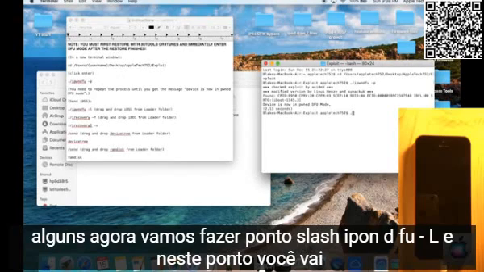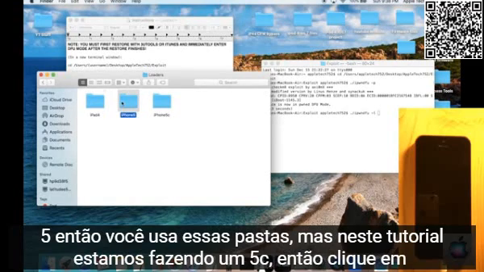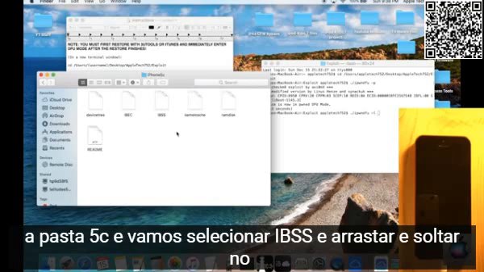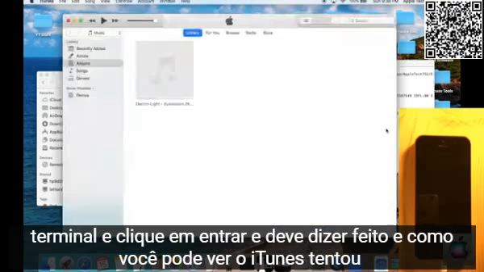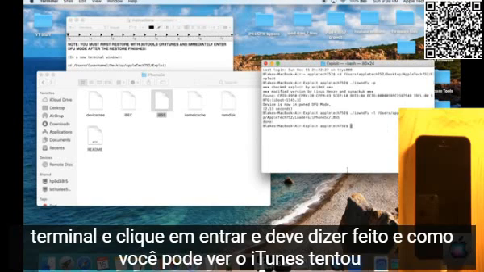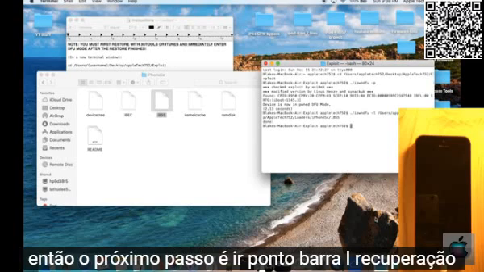Now we're going to go ./ipwndfu -l, and at this point you're going to want to go into the loader folder. If you're doing this on an iPad 4 or iPhone 5, then you'll use these folders, but in this tutorial we're doing a 5C, so click on the 5C folder, and we're going to select iBSS and drag and drop it into the terminal and click enter, and it should say done. And as you can see, iTunes tried to open, but because of this anti-iTunes tool here, it's not going to open on us. So the next step is to go ./irecovery